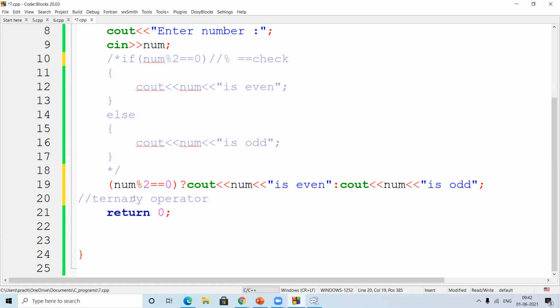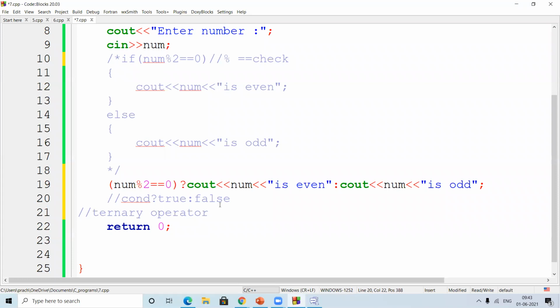Why is it a ternary operator? One, two and three. When we have a condition, question mark, true value, colon, false value, we have two operators, that is question mark and colon, and three operands.